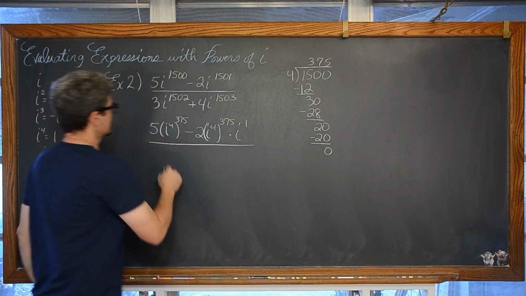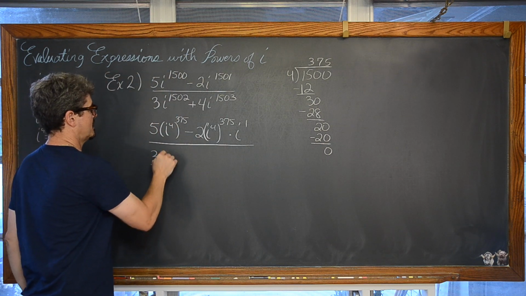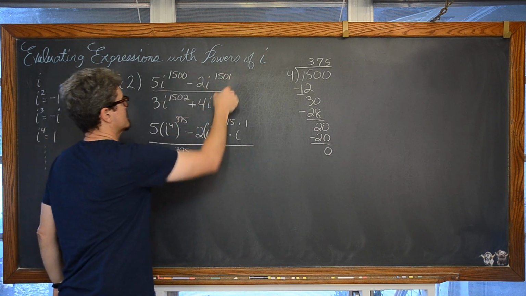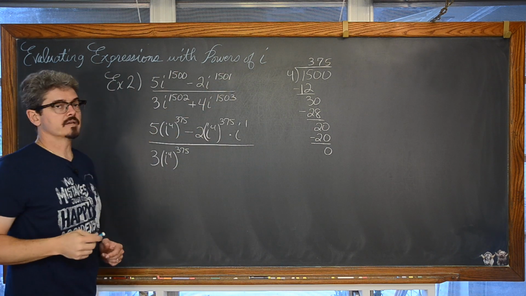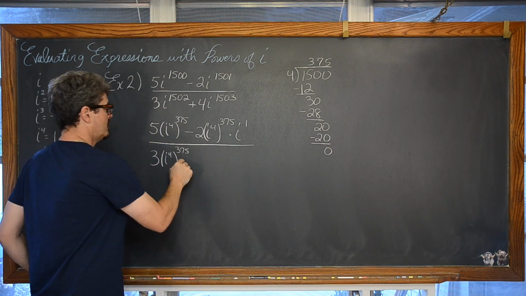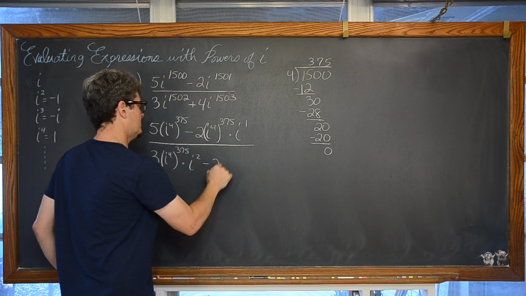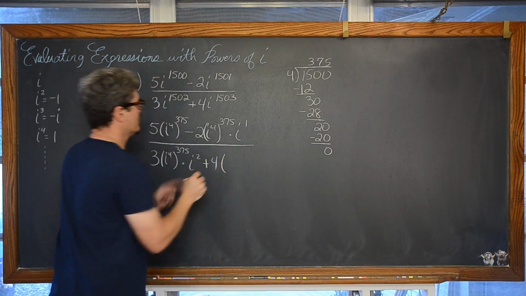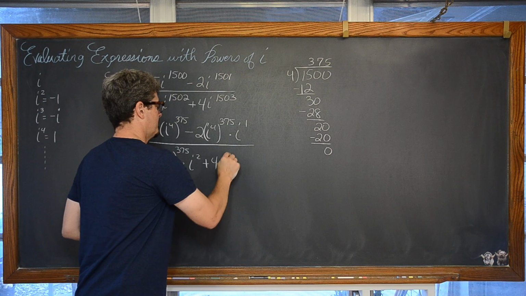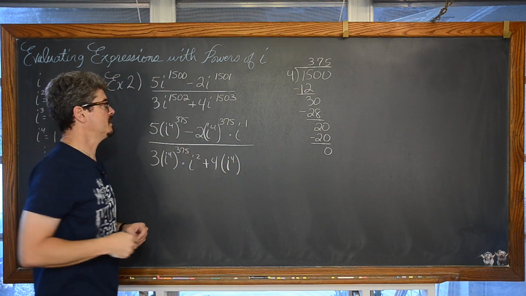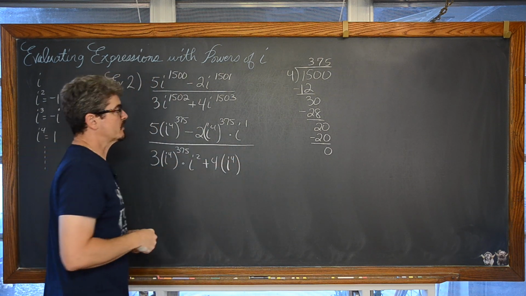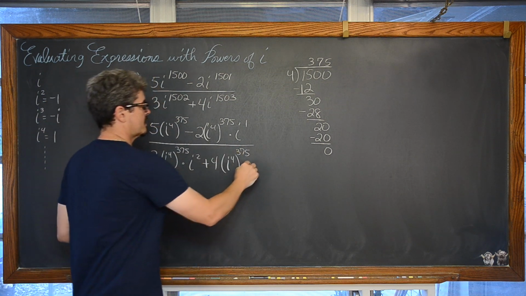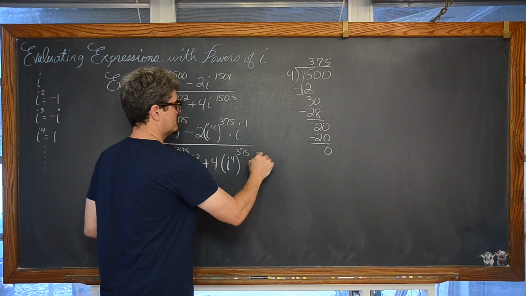And continuing that on, in the denominator we have 3 times i to the 4th, again raised to the 375th power because all these exponents are so close together. But now it's 1502, giving us a remainder of 2. And with our last term here, we don't have a 2, we have plus 4 times i to the 4th. i to the 4th is 1. How many cycles of 4 do we have? That's 375, and with the remainder of 3, so times i to the 3rd.